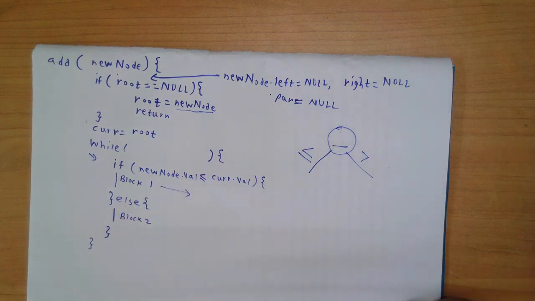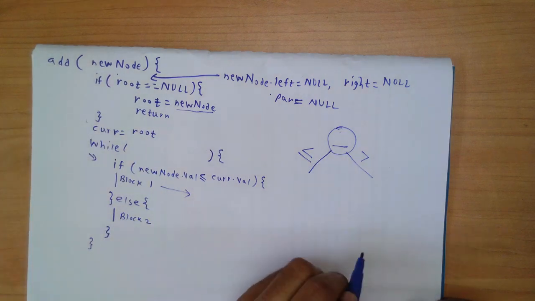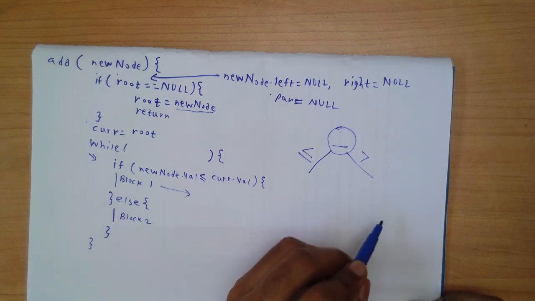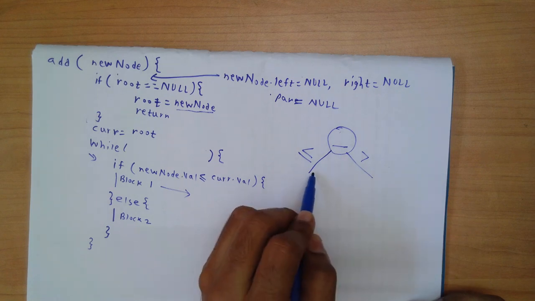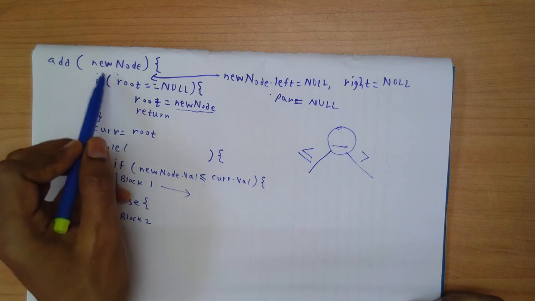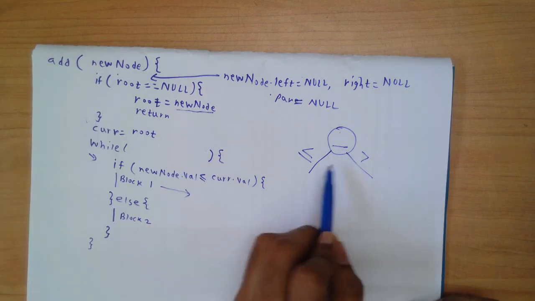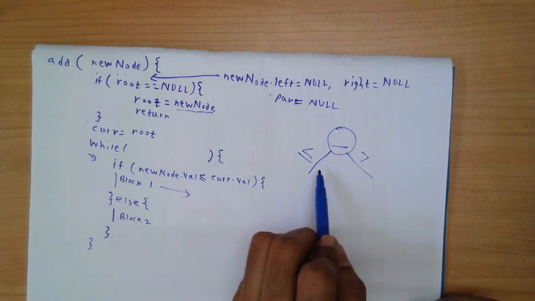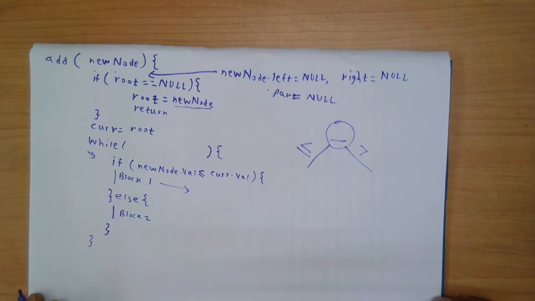What should I do if I know that the value in my new node is less than the node that I'm looking at? The first possibility is that my current node doesn't have a left child, and the value that I'm trying to insert through the new node is less than or equal to the value in the current node. Then my new node should become the left child of the current node, and then I have completed my insertion while maintaining the binary search tree property.